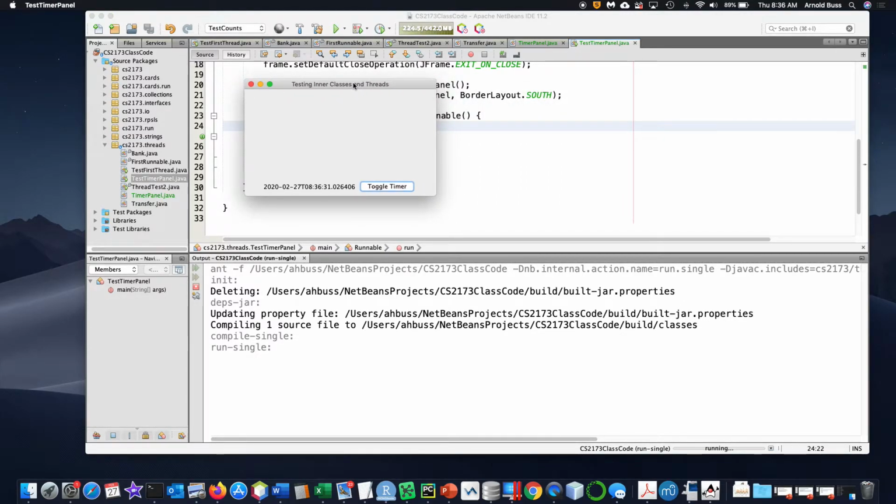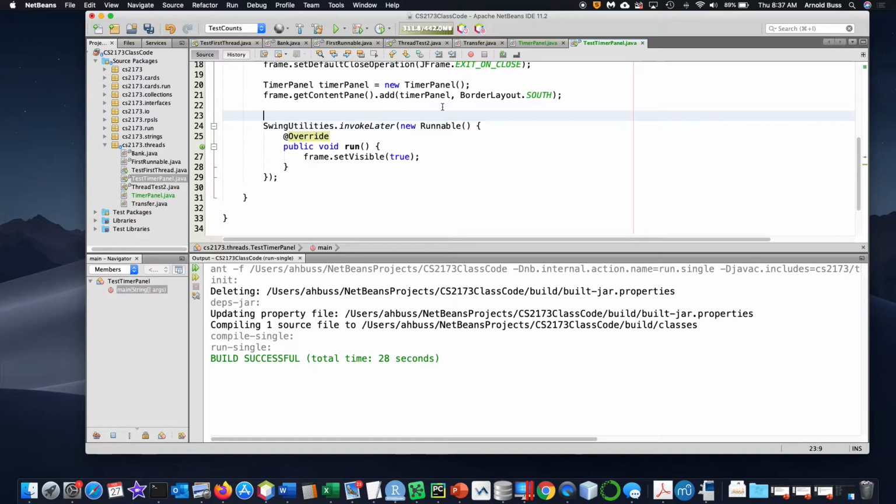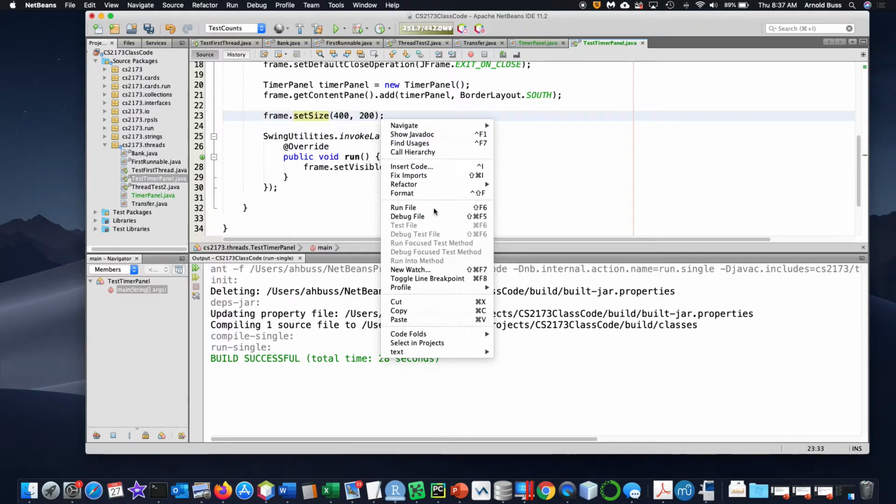What's missing is if I don't tell it how big to make it, it's just going to make it 0 by 0 pixels. All right. So instead, what I need to do is, and I could put this either here or in here. Some people like to put it in here. I like to just set it up entirely. Okay, so we can set the size according to the width. Let's make it, I think, 400, which should be enough, and 200. And now when I run it,